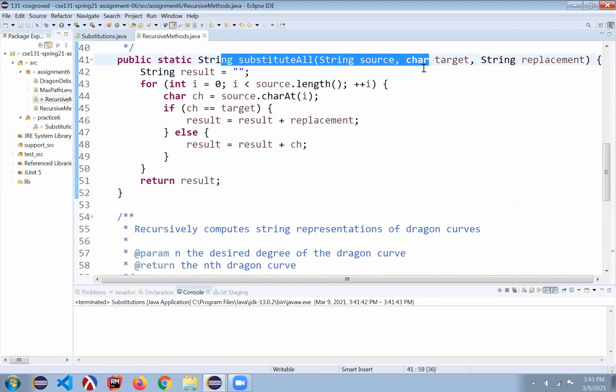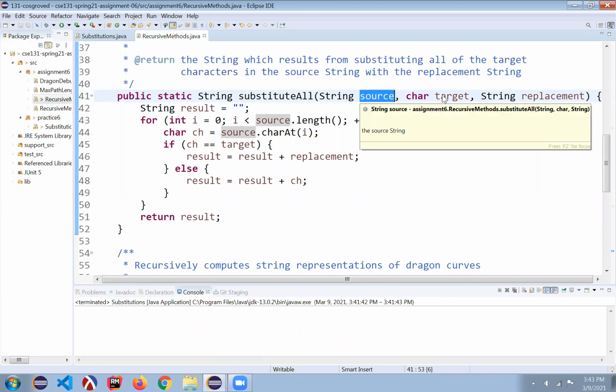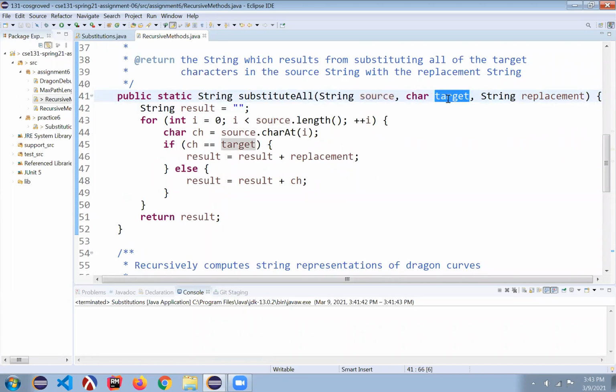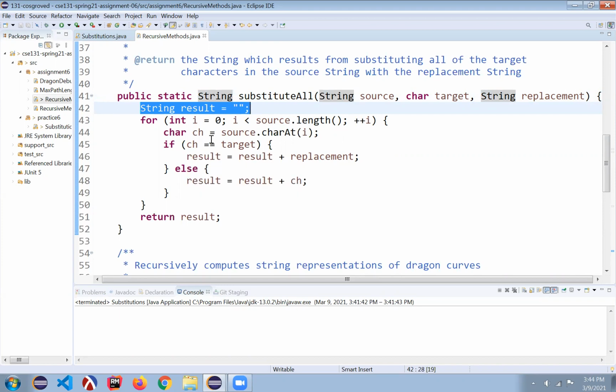Like I said, hopefully you remember this from Studio 5. It's where we pass in a source string, some target character that we want to replace, and the string we want to replace it with in the source string. So the implementation I provided for you, which hopefully your thing from the studio looks something like this, or maybe